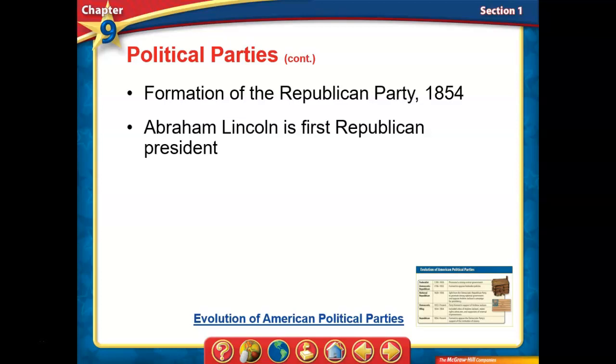So again, why do you form? How do you get power if you are a secret group? I don't know. You eventually just join with the Republican Party. So in 1854, they run their first candidates. 1856, they run their first candidate for president. And in 1860, the first Republican wins, which is Abraham Lincoln. And we know once he is elected president, really what happens at that point when you have the actual issue of the North versus the South, and we get the actual war. So that sets up our two-party system.